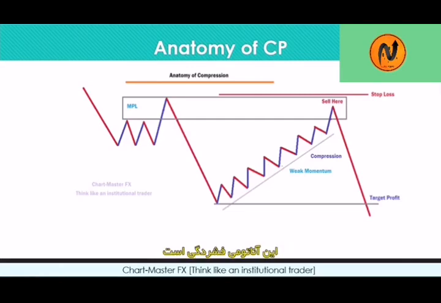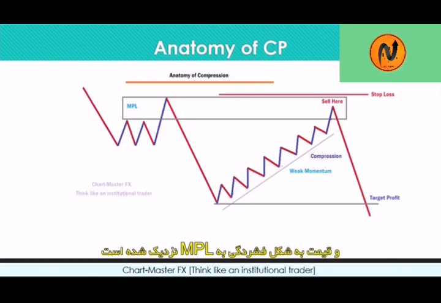This is the anatomy of compression, guys. As usual, the first thing you need to identify is a certain decision point. Once you identify it, you wait for the price to approach that decision point, then you can place your trade. As you can see, we have an MPL of type 1, and the price approached that MPL